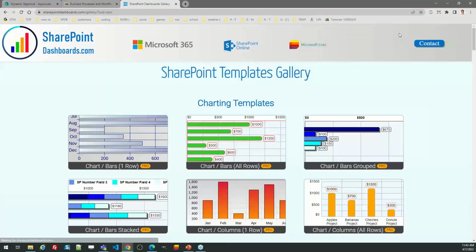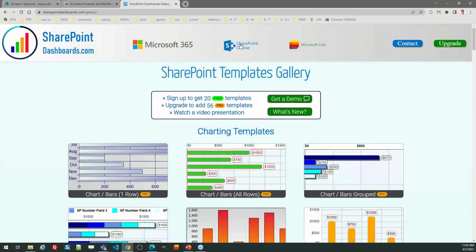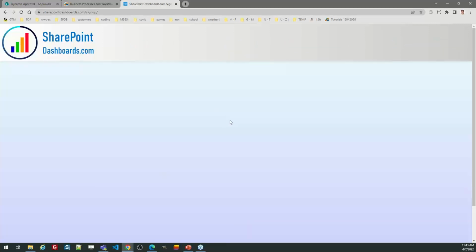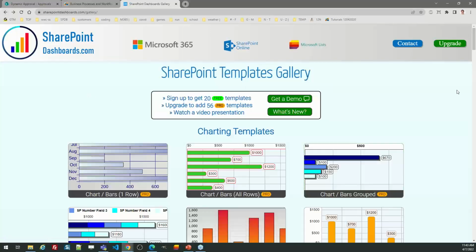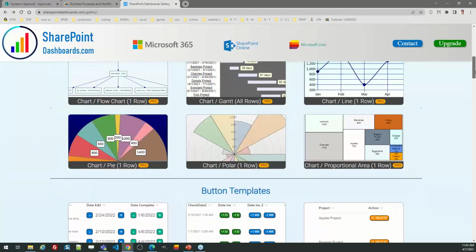what's free. To get that, you can just go to the light sign up. All you've got to do is stick in your email, and that will let you use a lot of things that are very useful, and it'll help you get familiar with the tool and how it works. You can just go into that form, you get your own login, and then especially there's a lot of